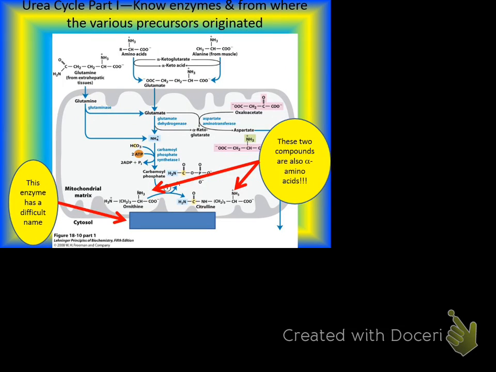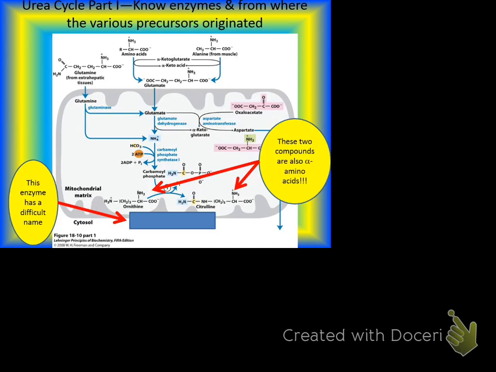Okay, so I just wanted to pick up right where we left off, except we're going to do a quick review of the first part of the urea cycle, and the fact that you start off with either glutamine from the extrahepatic tissues or alanine from muscles, where alanine gets transformed by aminotransferase, specifically alanine aminotransferase.